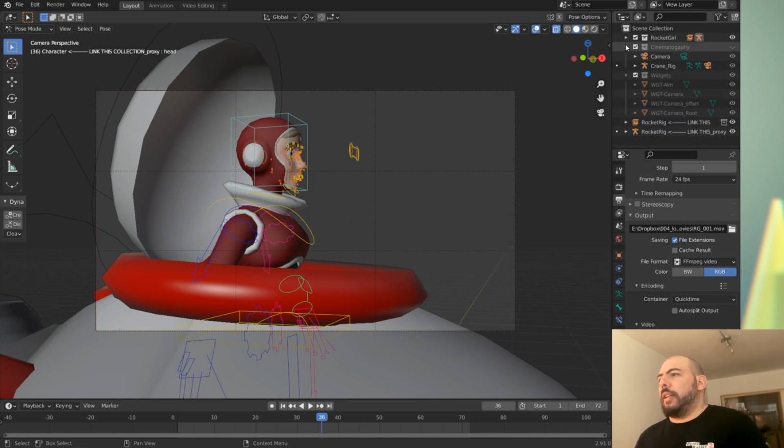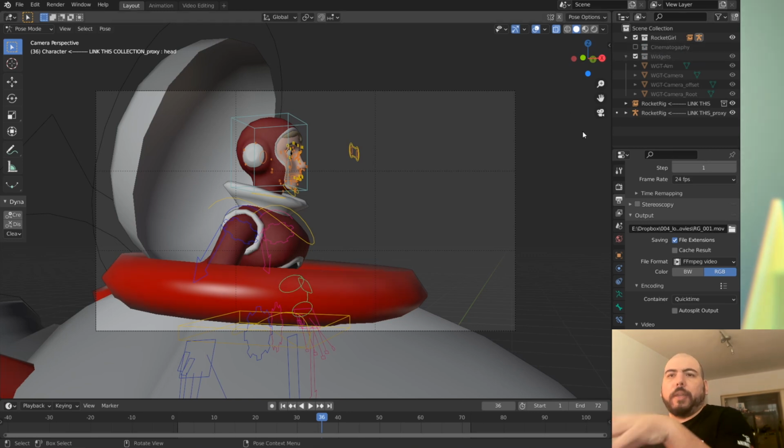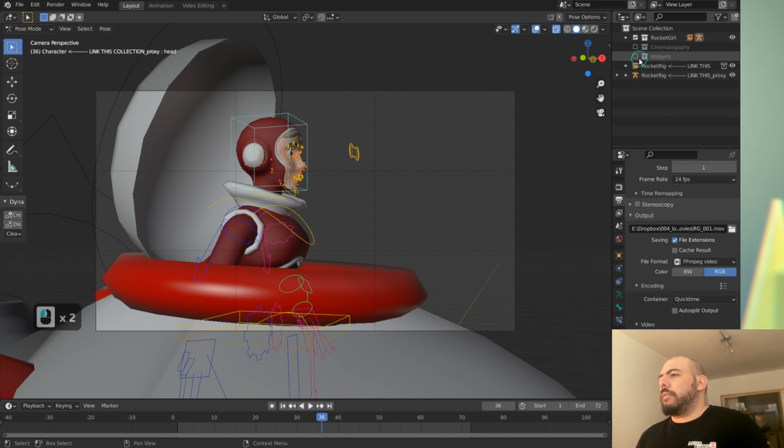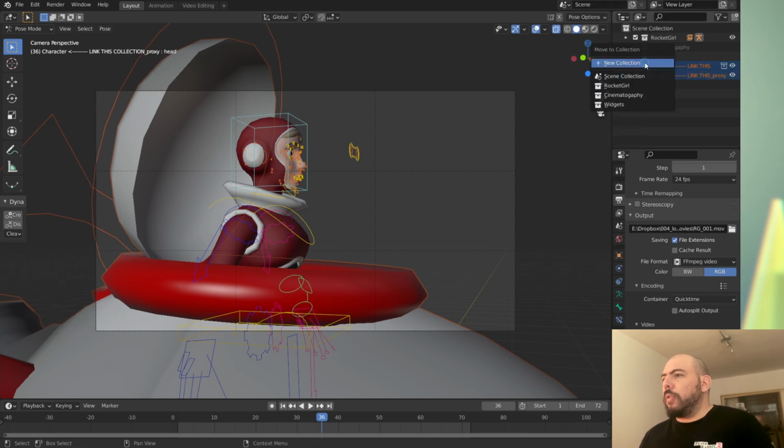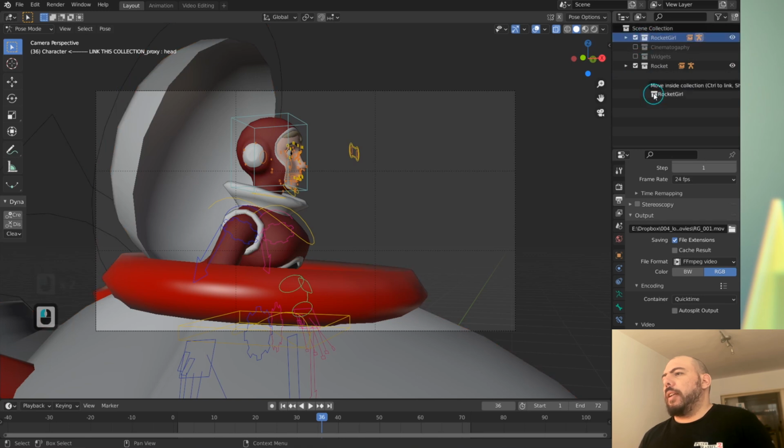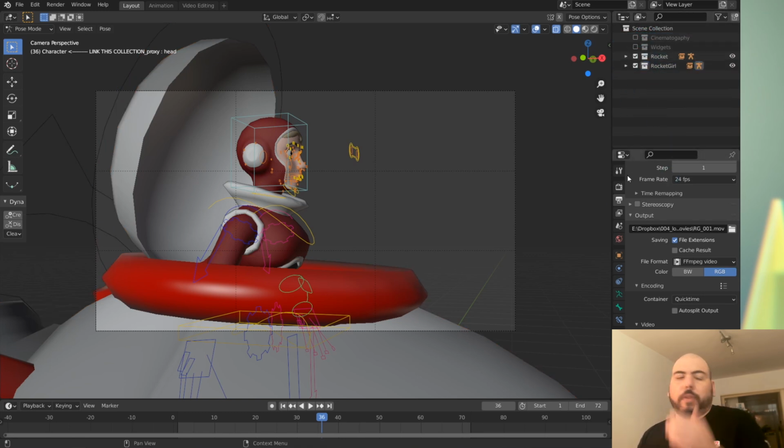Now it's all in that collection. Good. And that way I can also hide it, and the camera and that stuff doesn't even need to be on for us to be able to look through the camera, which is great. So it doesn't need to be in your viewport. Then these widgets, they can hide, and then the rocket rig should get its own collection. And so we got a little bit more organization there and everything is more clear.